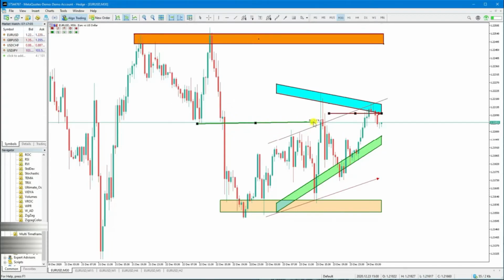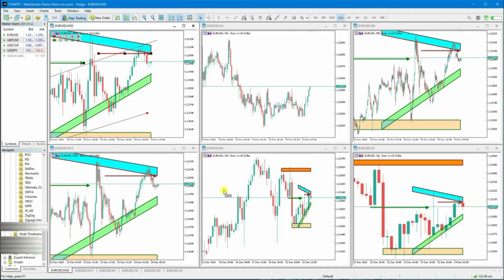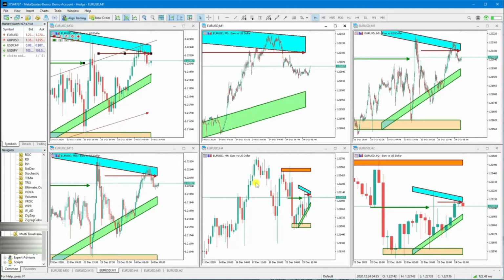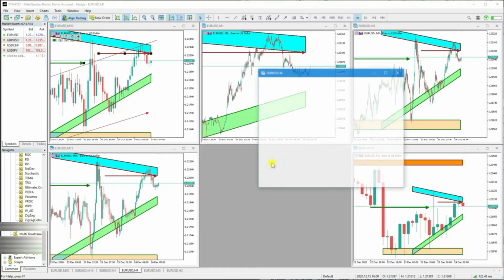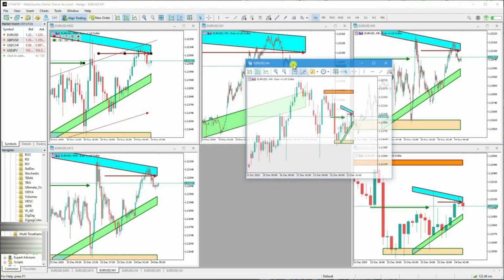Now we are drawing all of this on the M30 chart. If I minimize this, you will be able to see that this has been drawn on each and every chart. Even if you go on the 1-minute chart, it will show you the 4-hour chart, the 15-minute chart. Whichever time frame is set to copy the drawings from the main chart, it will draw on that chart. Even if you detach this chart from the MT5 main trading terminal, and you move or draw anything, it will copy onto that chart instantly.